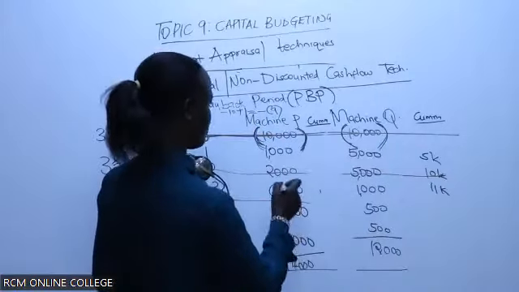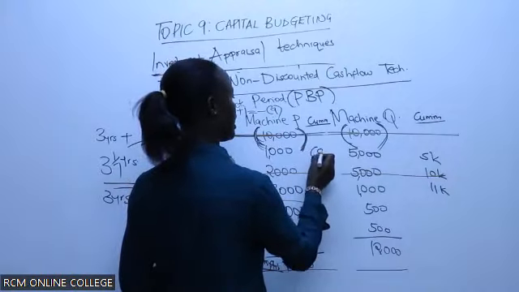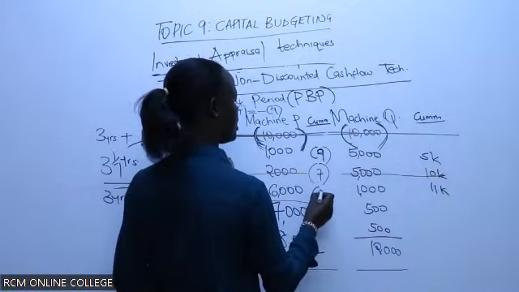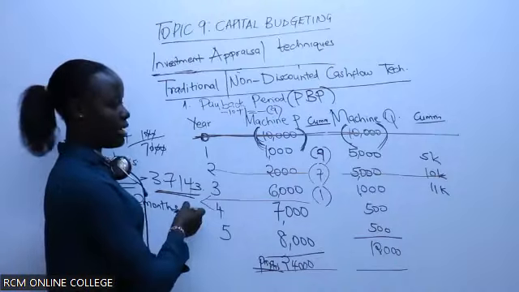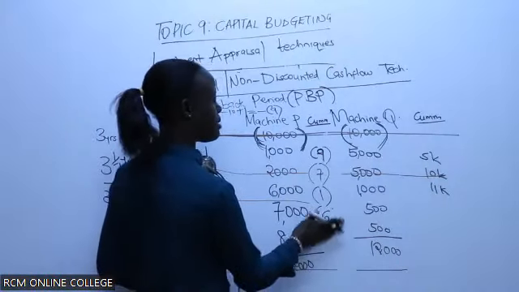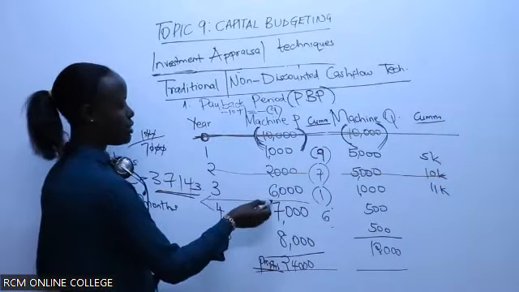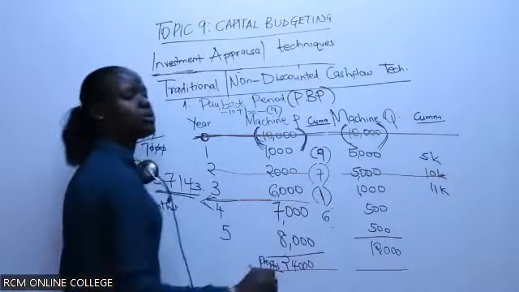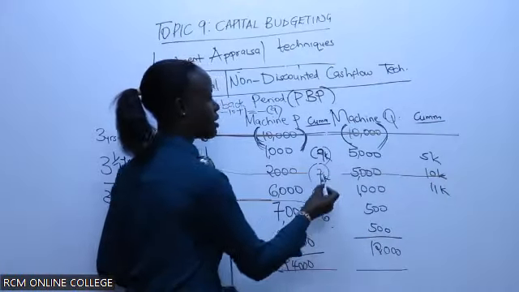But now our cumulative values, here we will have a negative 10. The next value will be a negative 9, or let me just put them in brackets. This one will be negative 7. This one will be negative 1. Remember here we've not recovered it yet. Then here we will have a 6. Sorry, this 6 will be a positive now. And this one will be in excess, meaning for us to still recover, it will be here. And the amount remaining for us to recover is the negative 1 that we have. Yeah, it's 1,000. Remember, they're in thousands. Sorry, it's 9K, 7K, 1K.